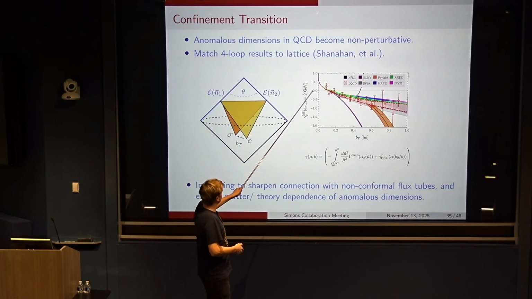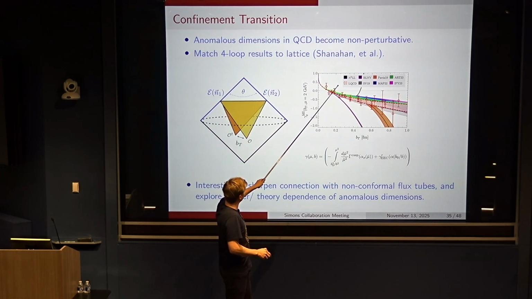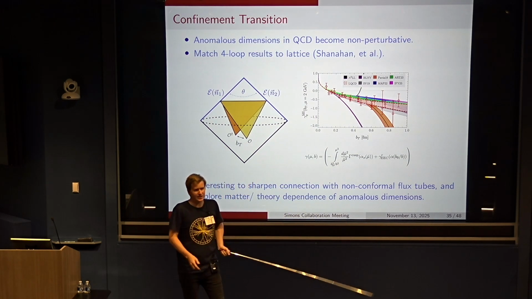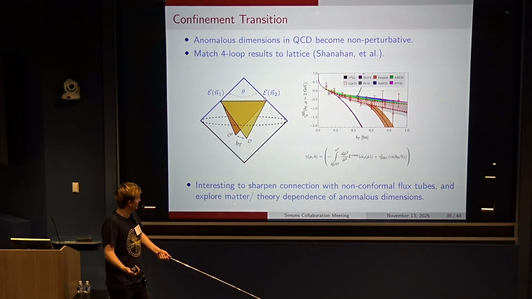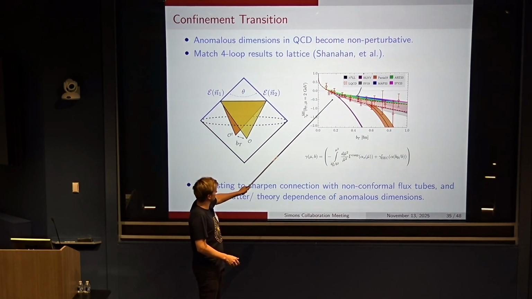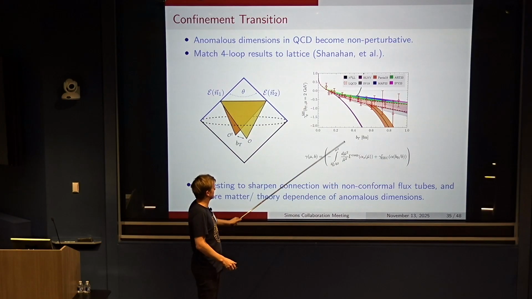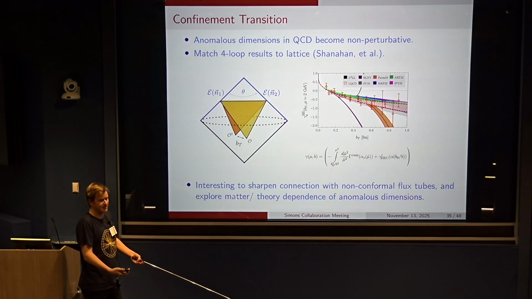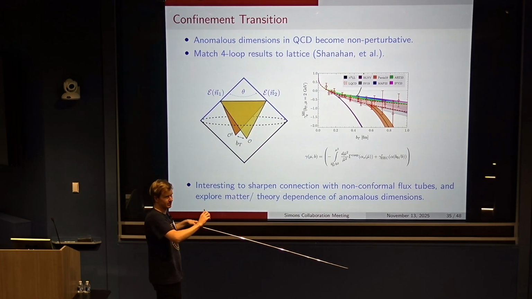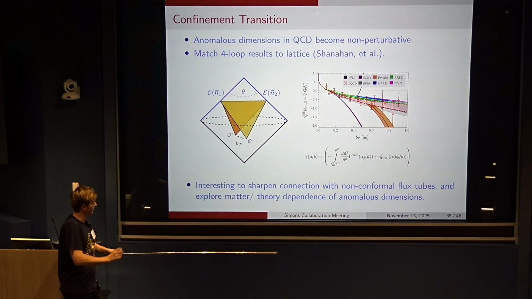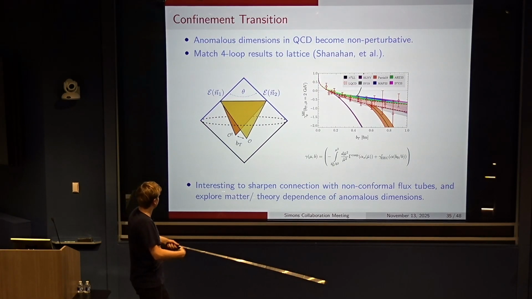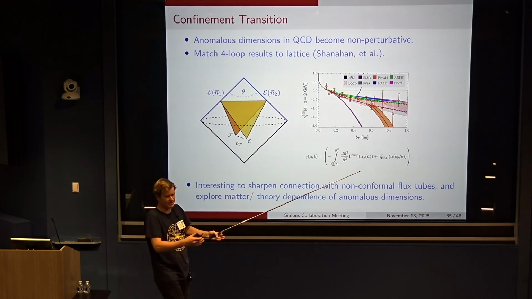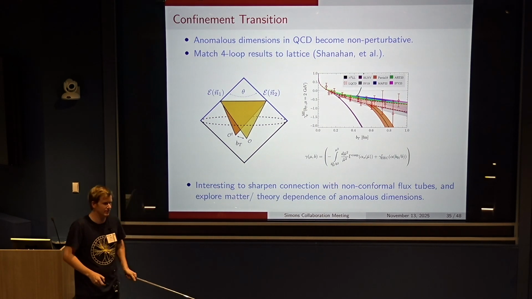It's a little bit hard to see in this calculation because it's covered nicely by the lattice results. But this black thing here, which is exactly under this, and then diverges here, is actually the calculation of this object in perturbation theory. You can see that we agree nicely and really extrapolate smoothly onto the values of the lattice. It diverges at about 0.5 Fermi. But we're able to incorporate these lattice calculations into our calculation, which allows us to extend the regime of our calculations even further, though ultimately it does fully break down. I think it'd be very interesting to further sharpen this connection between the different pictures, namely from the lattice, perturbation theory, and these effective field theories for the QCD flux tube.